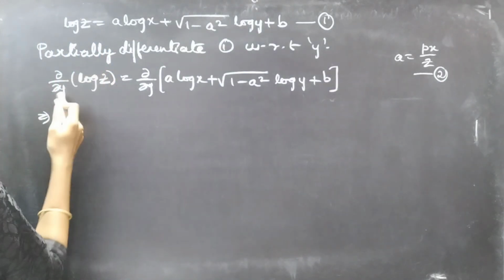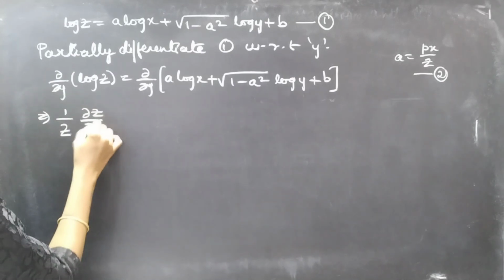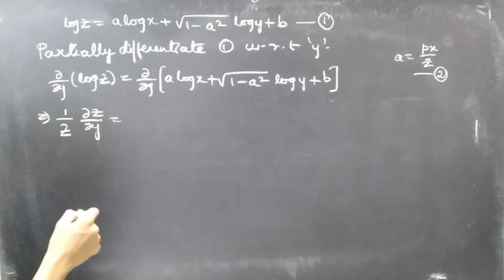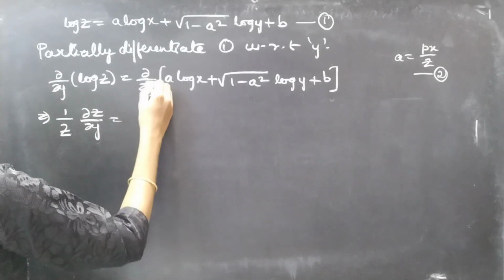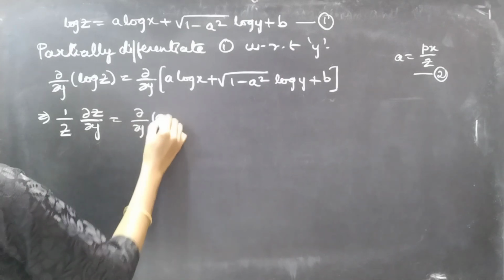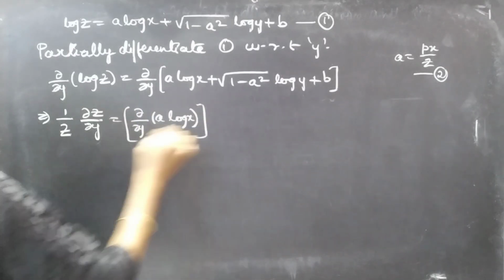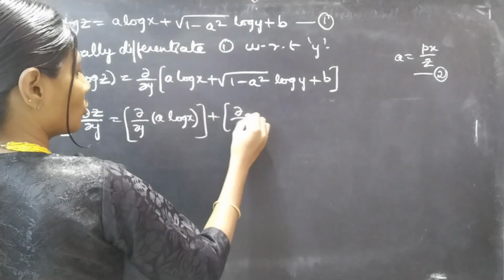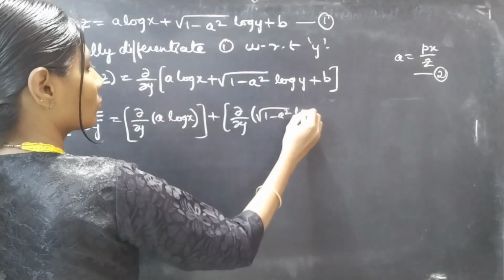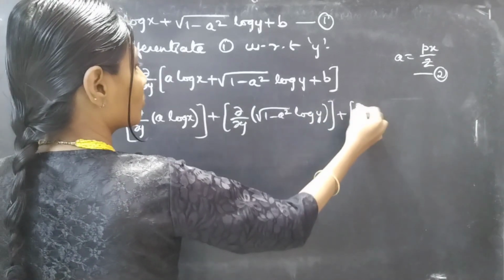Partial derivative of log z with respect to y is 1 by z into dou z by dou y equal to, here we are partially differentiating with respect to y, so we'll treat x as constant. Now partial derivative of first term of RHS with respect to y plus partial derivative of second term of RHS plus partial derivative of last term,